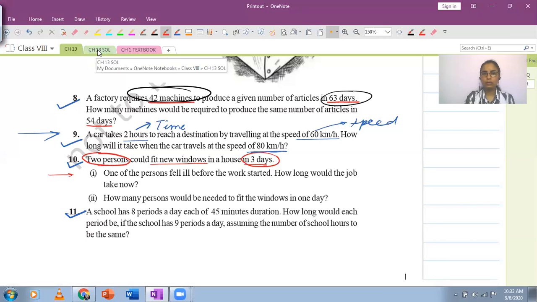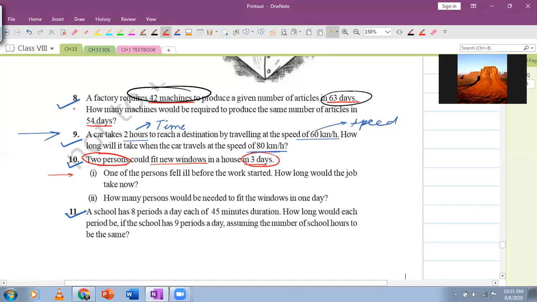Where are you talking about the answer in the previous question? Yes, ma'am. Beta, no, it's fine. Just keep it in reduced form. It's not necessary to change it to mixed fractions. Just try to reduce it as much as possible.